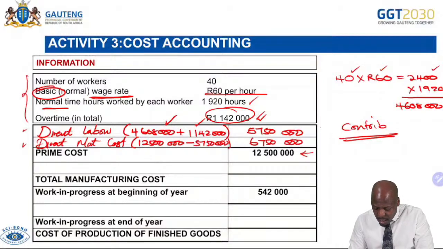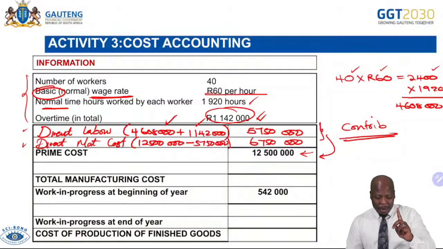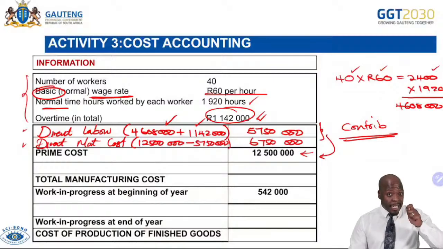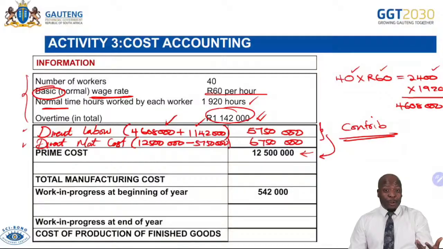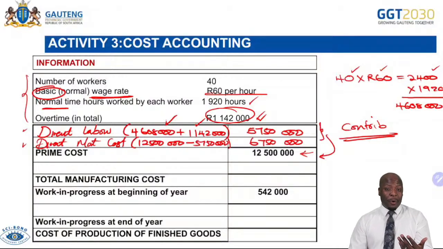6,750,000. Such that if I add these two, they should give me my prime cost. Very, very important. Before I move on, I want to remind you, the examiner can test you to calculate direct material cost, where you are given the number of units produced and the cost per unit, and then you do all those calculations. Or you can do the direct labor cost, and remember to add your contributions, and then the examiner can test you on both. It's very possible. All right. So once you get that, you get your prime cost.